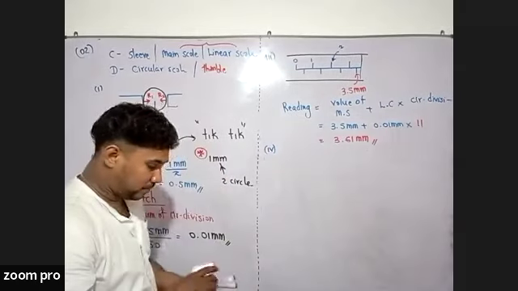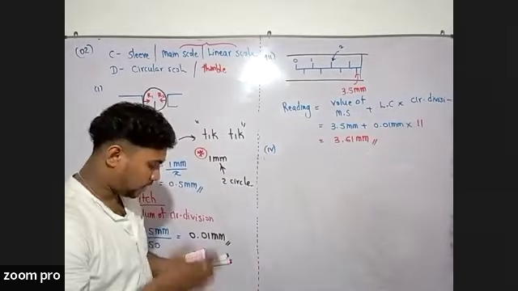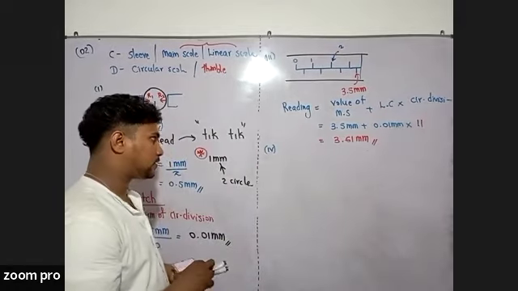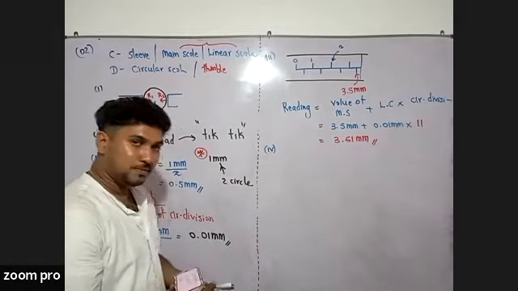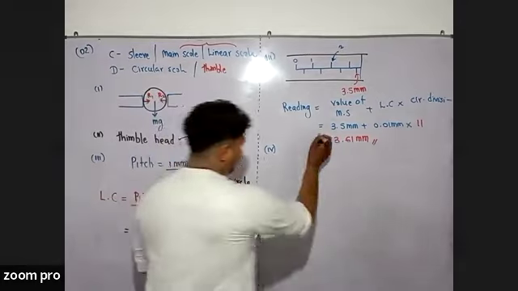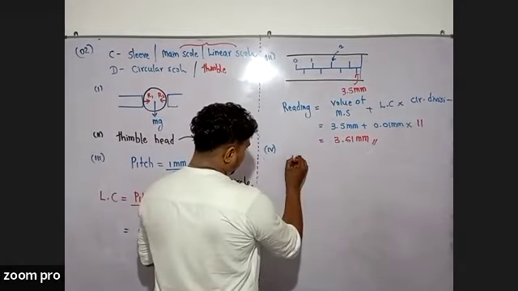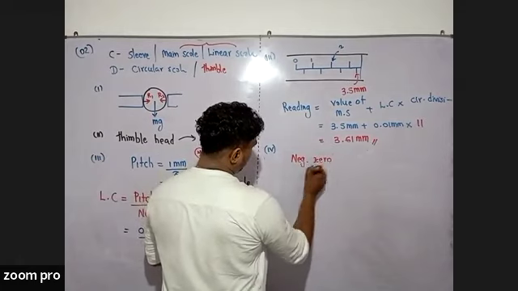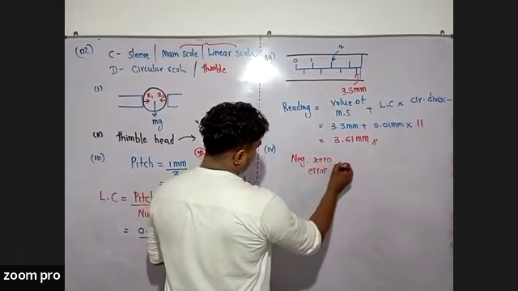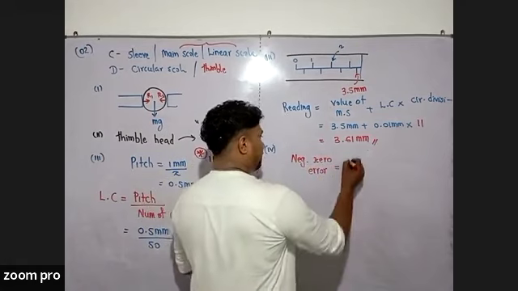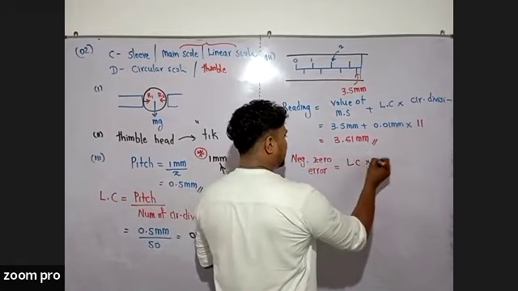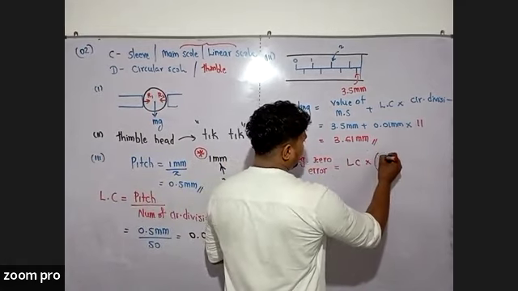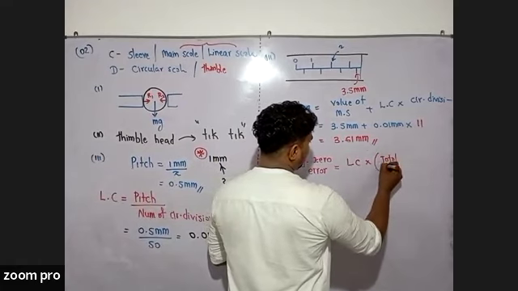That means you should figure out that this micrometer screw gauge suffers from a negative zero error, right? The negative zero error can be obtained by least count times the total circular division,